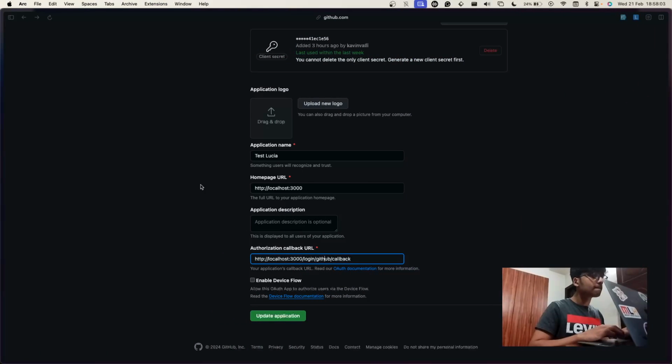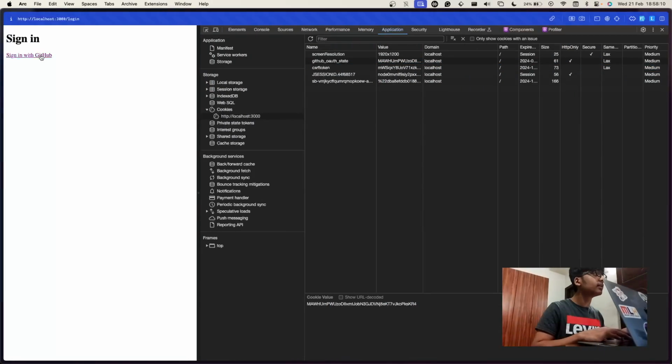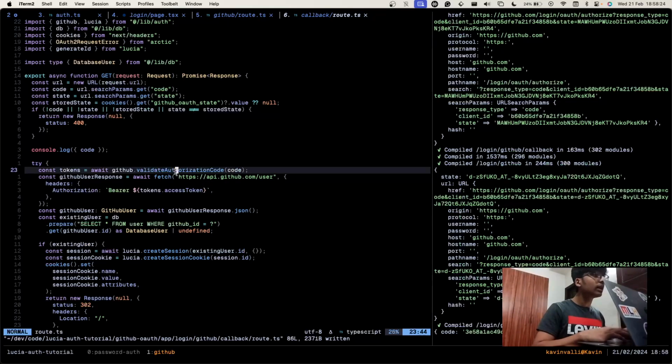Okay, let's go back. Actually, yeah, we can just sign out and then sign in again. So look at the code right now. It basically gives you back this code. Basically, it calls this login GitHub callback and then question mark code is equal to this, which is a URL parameter. Gives you that code, and then you need to take that code and then using this GitHub